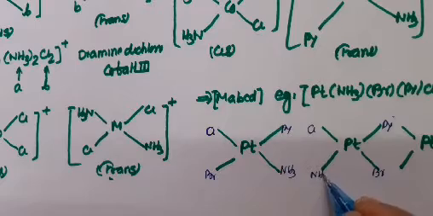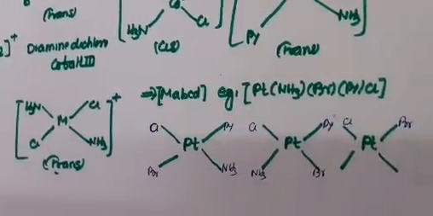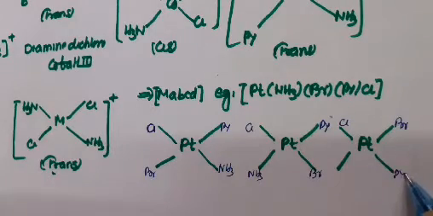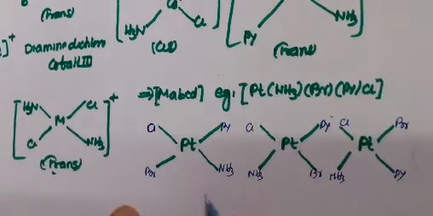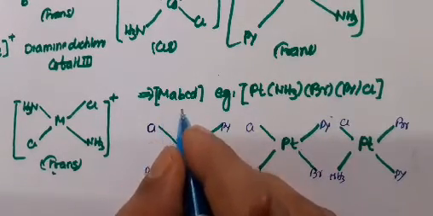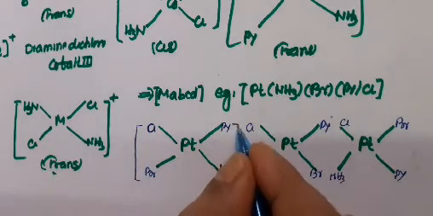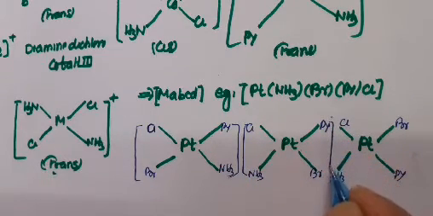Only ligands are changing their position with respect to chlorine. I'm trying to show you this one: Cl, Br, Py, and NH3. So there are three possible geometrical isomers when all four ligands are different, but these are not categorized as cis or trans. Simply, these are said to be geometrical isomers of